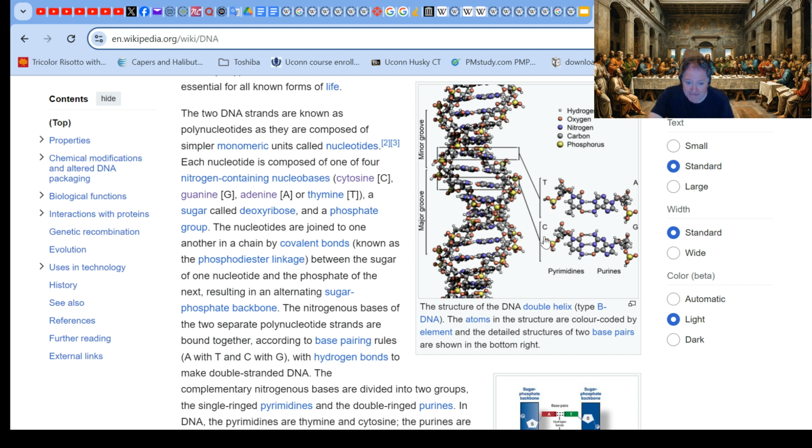And C is cytosine, which is where we get the word cytoplasm. It's the filler inside the cell that does all the work. Okay? This is Luciferian team's idea. And this was a team effort. Not just these four, but basically the ones that played on their team. And this is important to understanding the why of DNA. Okay?